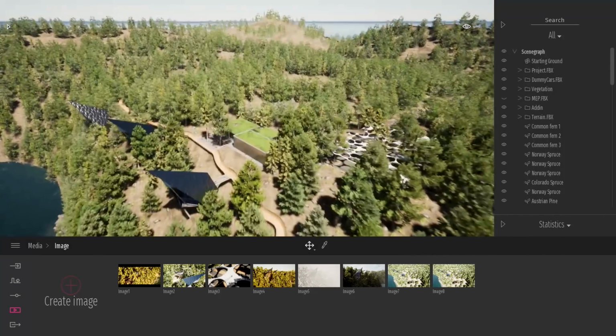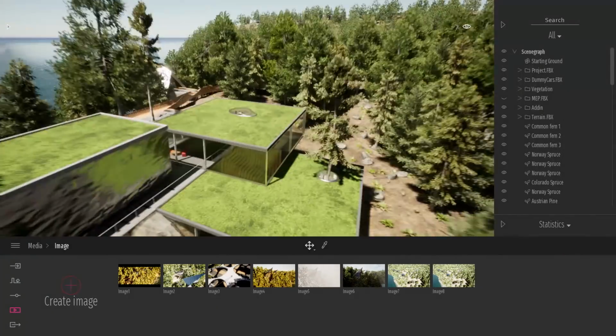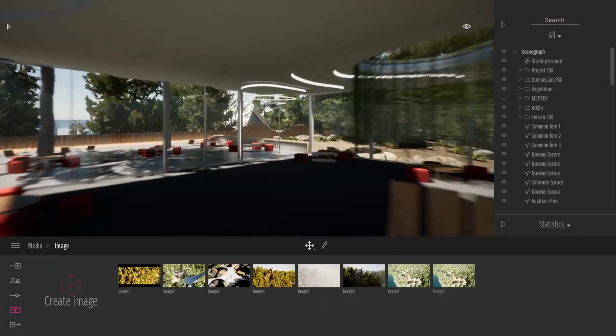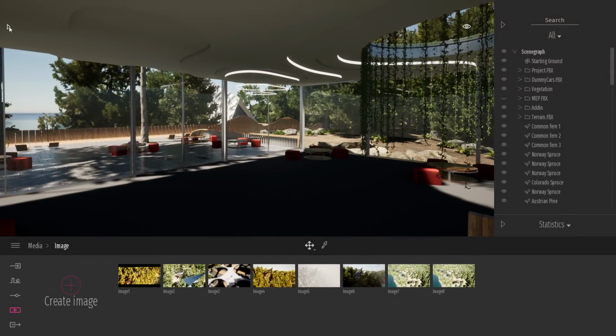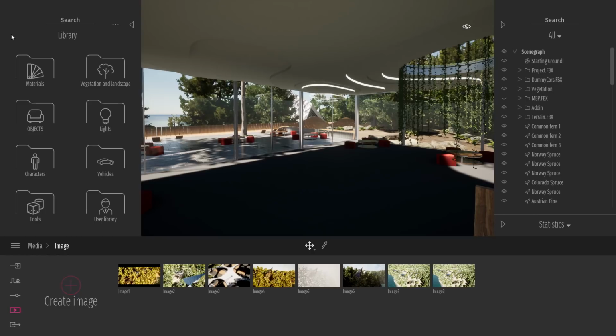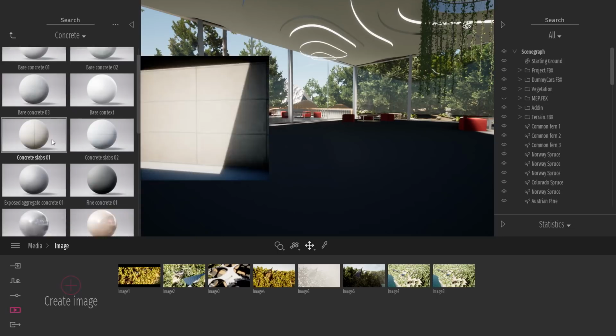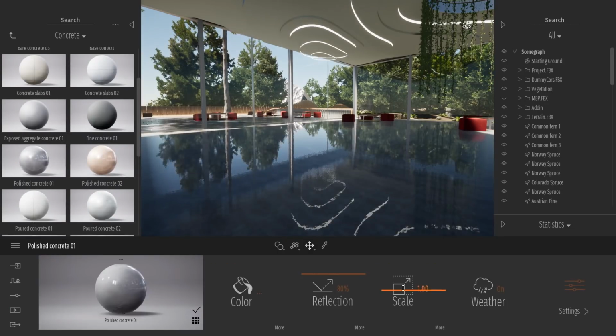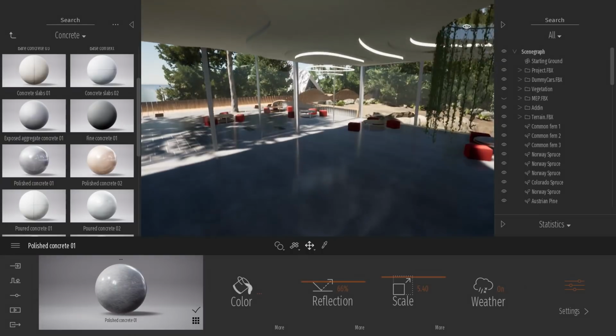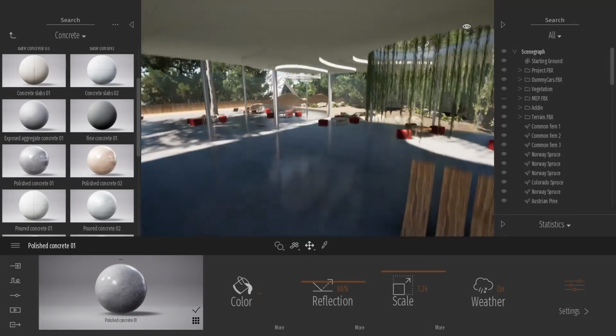Adding to that, for making project review, we know that usually people need to add some notes. So first, let me actually just change the material on the floor. This one doesn't look that great. It's the base material that comes from Revit. So I just come to the concrete folder and drag this polished concrete on my ground. So now it's much better.